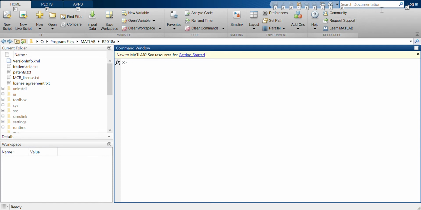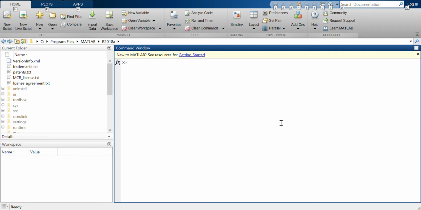Dear all, this video discusses MATLAB software. MATLAB was developed by a company named MathWorks, and this allows matrix multiplication, plotting of functions and data, the implementation of algorithms, and also built-in commands and functions. So using this, we can do all types of calculations, plot the graphs and visualize the plotted graphs.